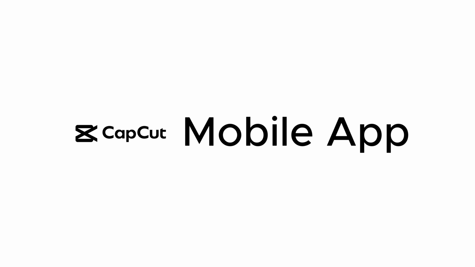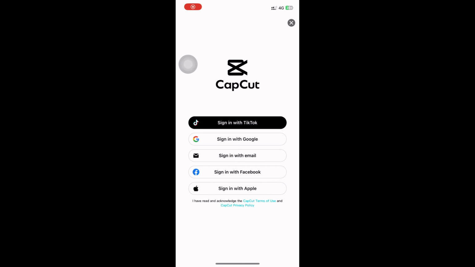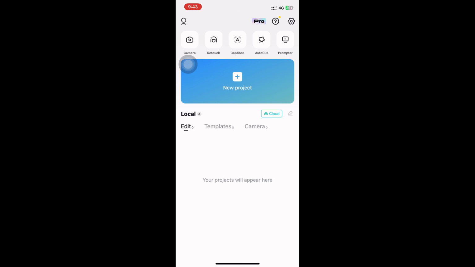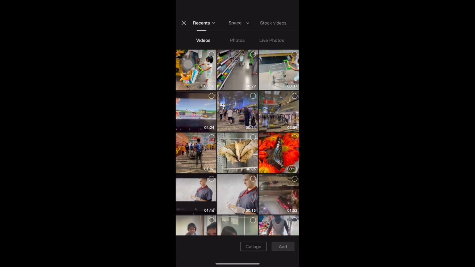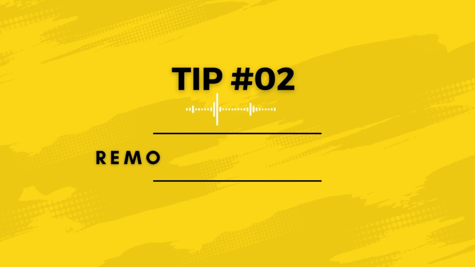To get the mobile app, just visit the Android App Store or Apple App Store and search for CapCut and install it. The mobile app is pretty amazing because there are some features that are unique to the mobile app like object tracking, and there are many more unique features as well.